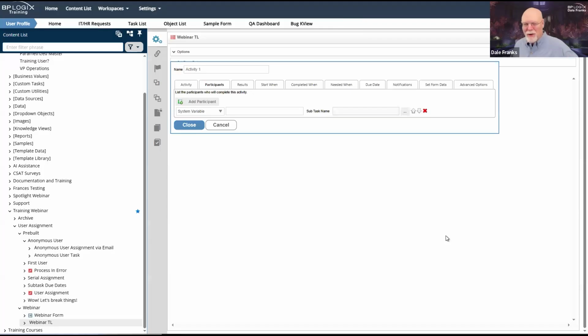It's just the way that we have changed over time. I think we've done it twice. What happens to your running process timeline activities if you go into the timeline definition and delete that activity or make some other change, whatever it may be? How does that affect your in-flight timeline activities?